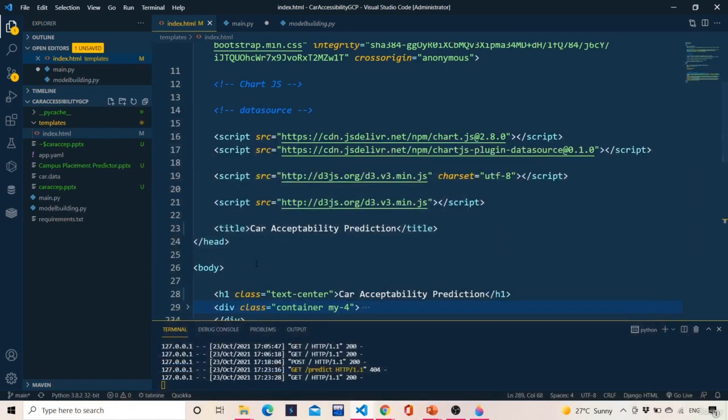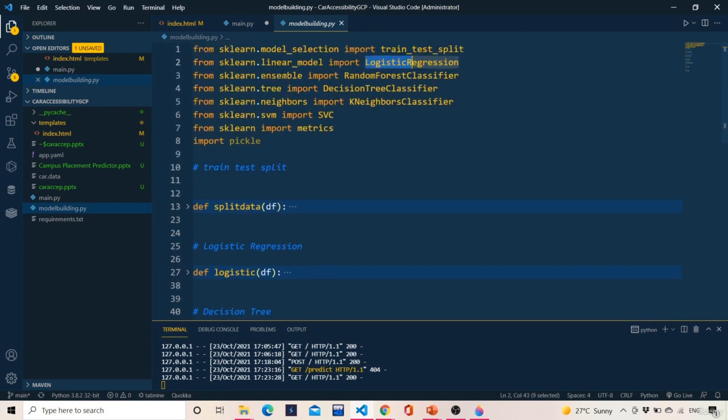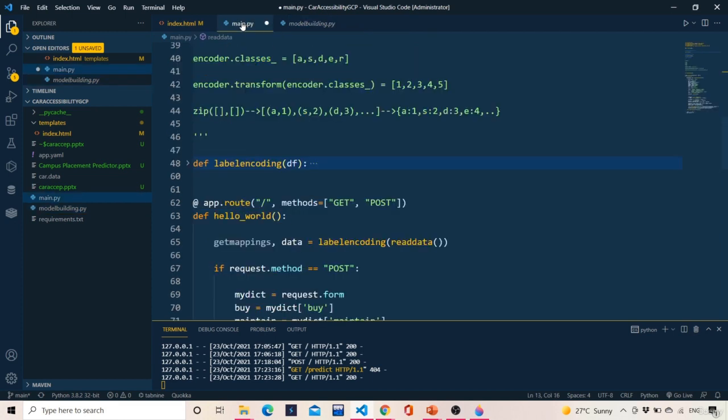Hi. So in the last video we discussed the model building.py file. Everything was very clearly explained there: how the data is coming, how the train test split is happening, how each and every algorithm is predicting some kind of accuracy, F1 score, recall score and precision, and then how the entire data from this file is being shared to this file.